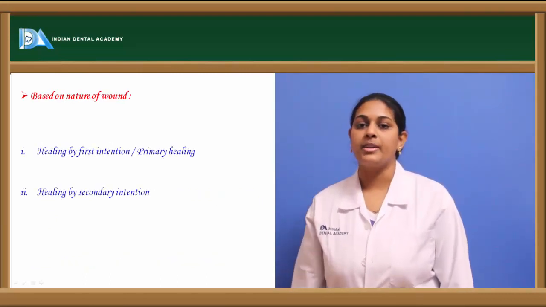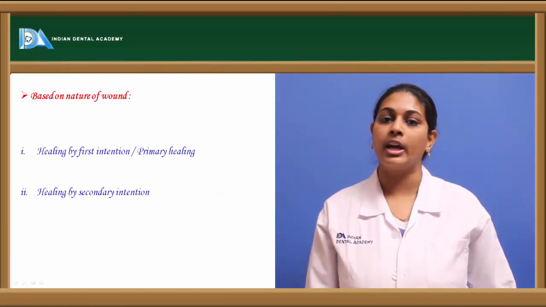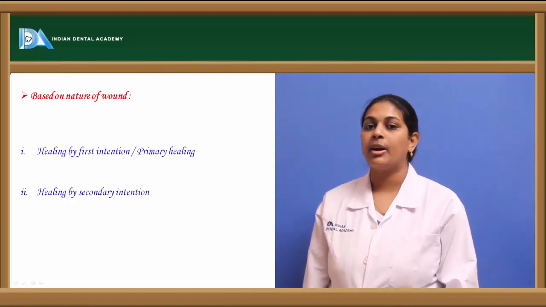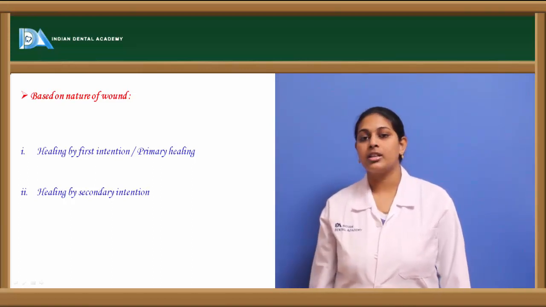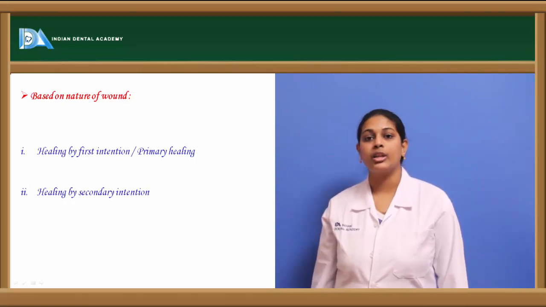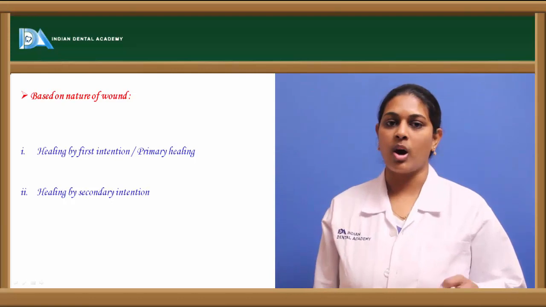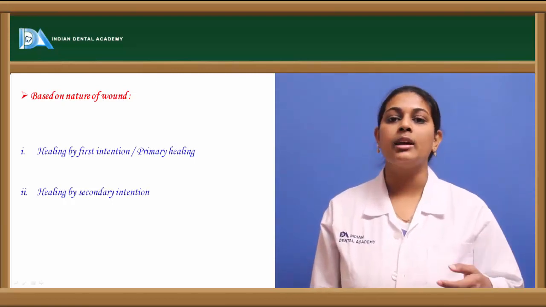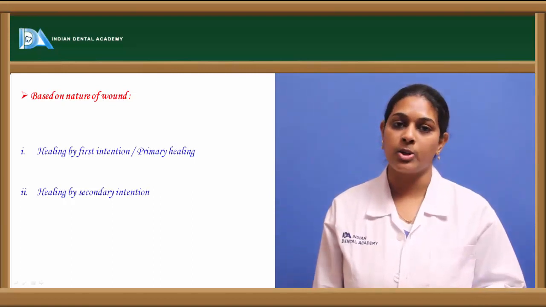So this is what happens in a wound. Coming to the nature of the wound, based on the nature of the wound, healing could be of two types: healing by primary intention or healing by secondary intention. In primary intention, the healing occurs without any scar formation, since the healing occurs in small wounds, small injured sites. Whereas healing by secondary intention occurs when there is a large wound, it results in formation of